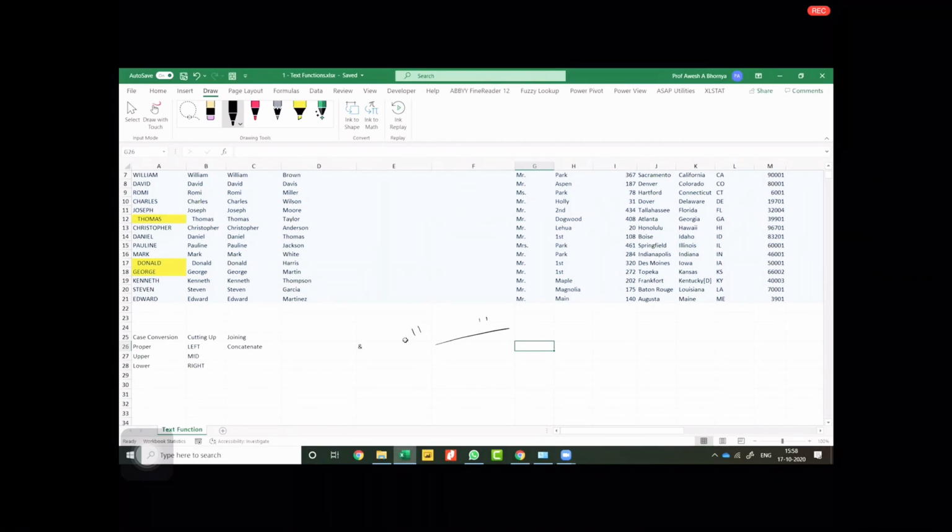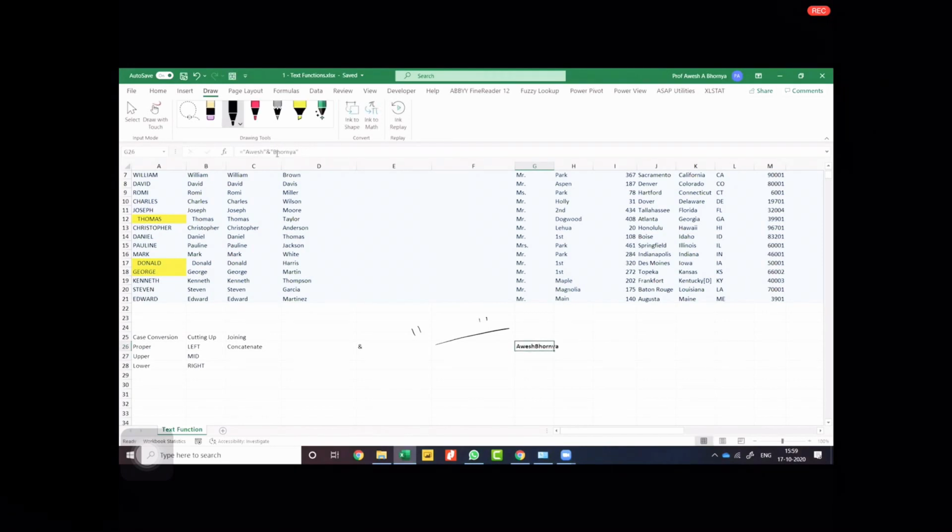So if I want to create a combined name in this particular cell, what I can do is say equal to, in double quotes I will put Avesh. Okay, close the double quotes, and then I will put an ampersand sign. Ampersand stands for the concatenation operator. So it's basically to combine. Okay, and then in double quotes I will put my surname, and press enter. That gives me my name and surname.